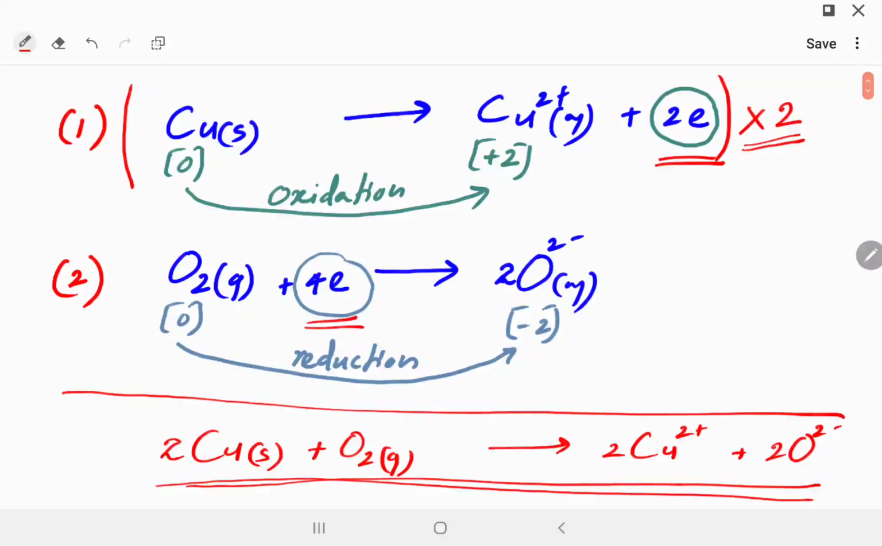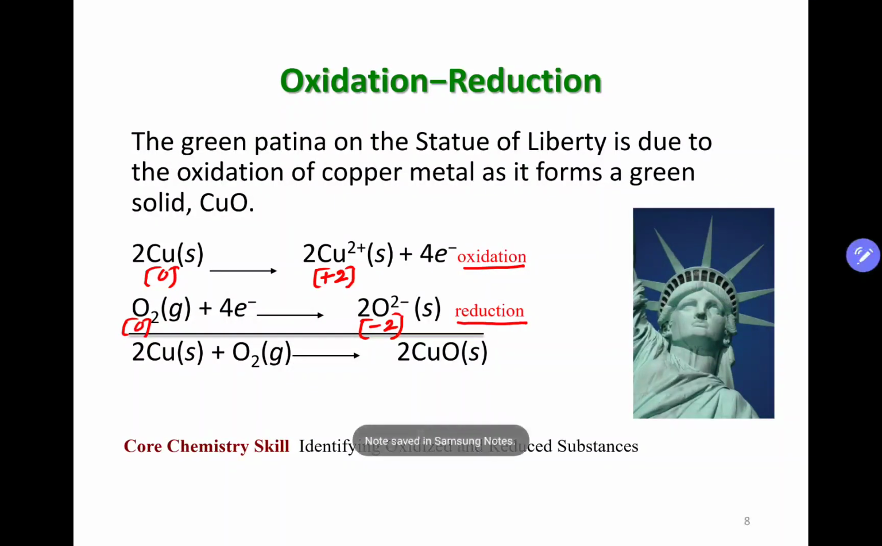How do we know that this is balanced? Because the electron loss is equal to the electron gain. Okay, so if you go back to your slide, you will realize that the equation that we got is basically the same as the equation that I have in this slide. So that is how you balance